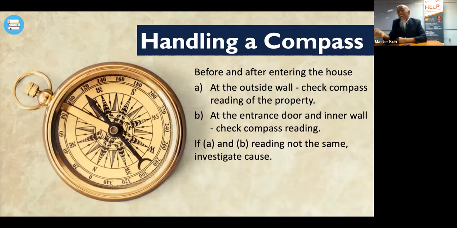Doing environmental Feng Shui is just like a doctor. Once there is sickness there, we want to know what is the problem. Without knowing the problem, how can we give medicine to cure the house? So therefore, we want to find the cause of the problem. After having that done, because remember, outside is how many degrees north, inside is how many degrees north, jot it down. Then when we go into the house with the same compass, we want to get the center of the